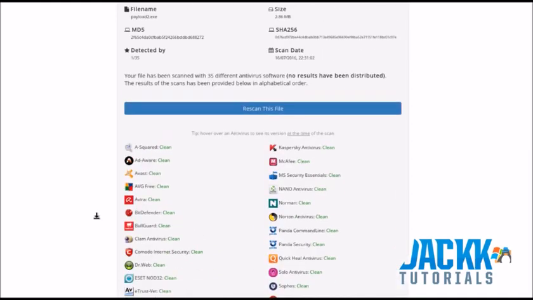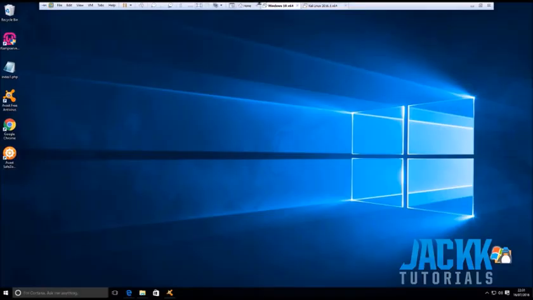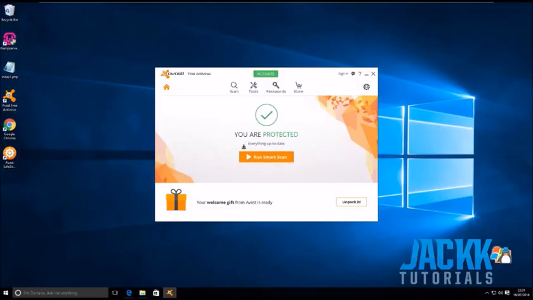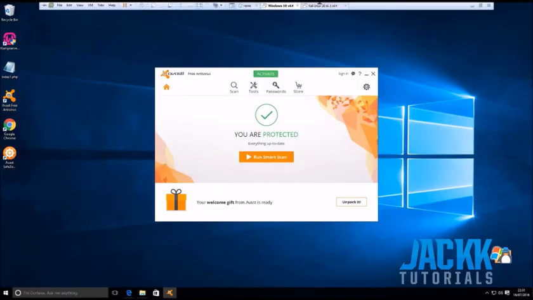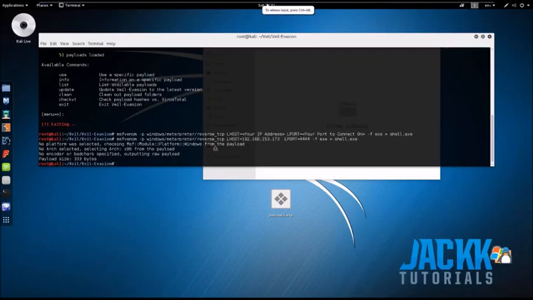It's a Trojan that's encrypted in Python. Well, it's used Python to encrypt it in AES. But you can see here, Avast says it's clean. And what is our Windows 10 machine using? It's using Avast. So let's go ahead and set up MSF console to get our